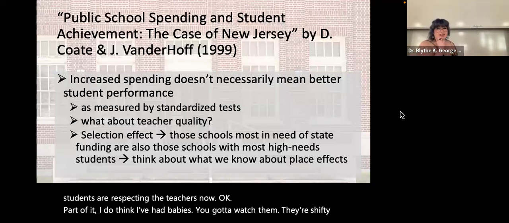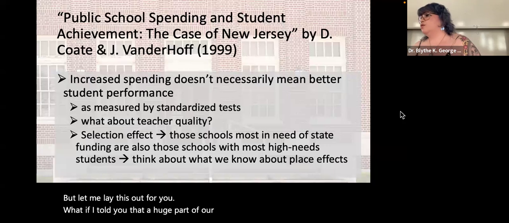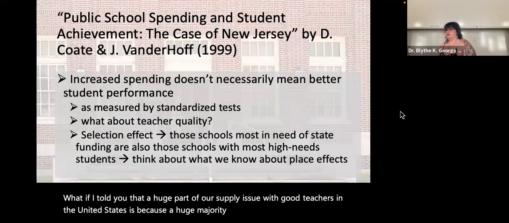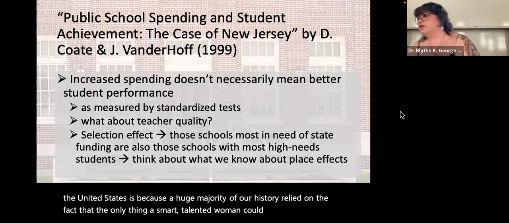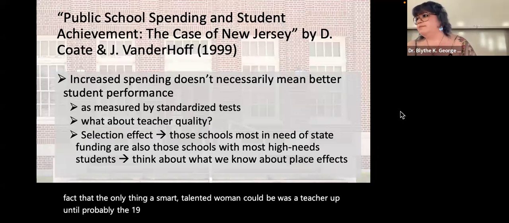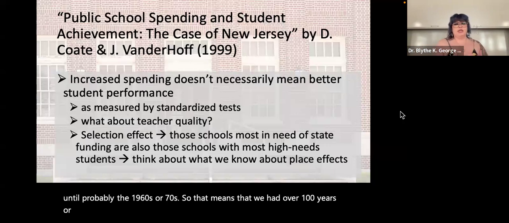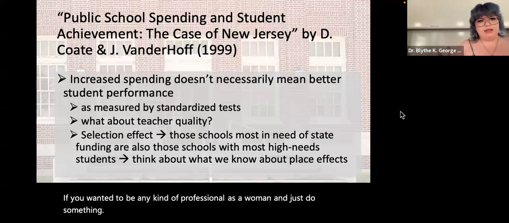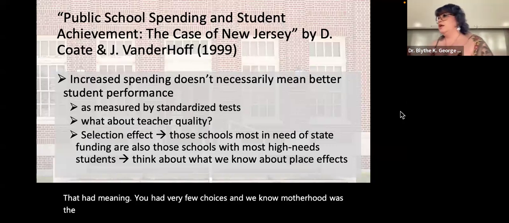But let me lay this out for you. What if I told you that a huge part of our supply issue with good teachers in the United States is because a huge majority of our history relied on the fact that the only thing a smart, talented woman could be was a teacher up until probably the 1960s or 70s. So that means that we had over 100 years or more in the country of, if you wanted to be any kind of professional as a woman and just do something that had meaning, you had very few choices. And we know motherhood was the default, but teaching, being a good teacher,